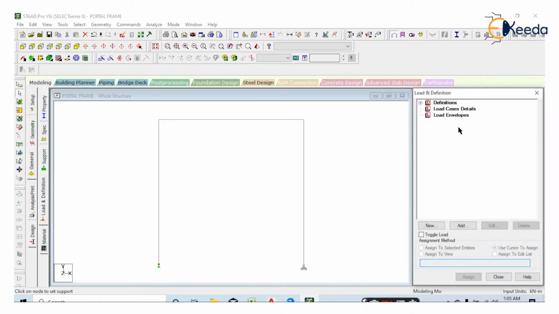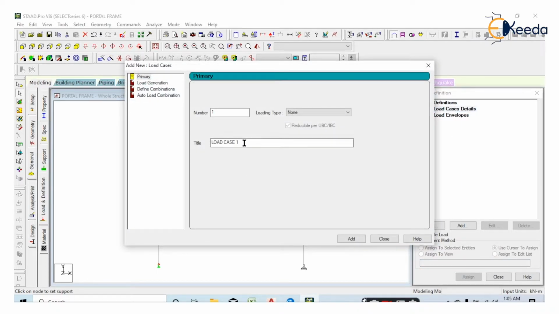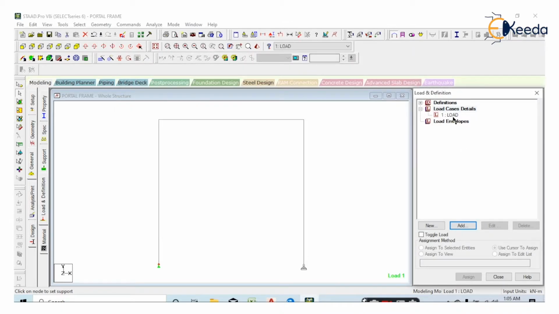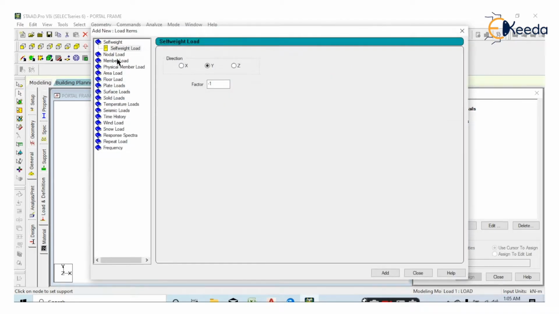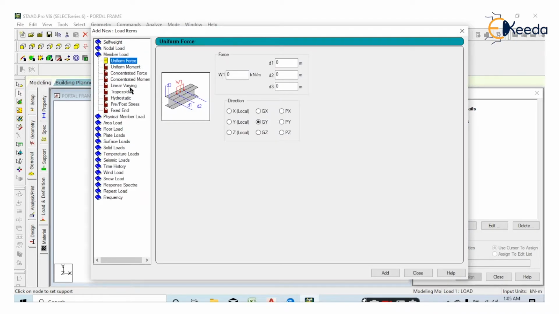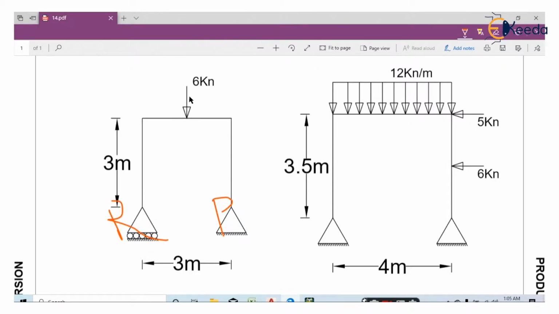Go to load and definition, load case detail, add, create a load case as a load, add and close. Select that particular load case, go to add, member load, and then concentrated force.